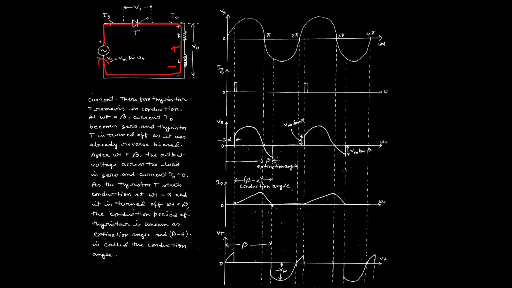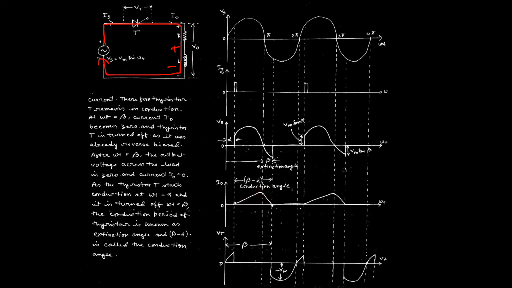In this particular region from 0 to 180 degrees, the direction of the current is defined by this red line. But due to the presence of the inductor, the current gradually increases throughout the circuit, and the polarity of the inductor is positive on this side and negative on this side. That means the current waveform will start from alpha, the firing angle, and for the positive half cycle 0 to pi, the current gradually increases to a value due to the presence of the inductor.